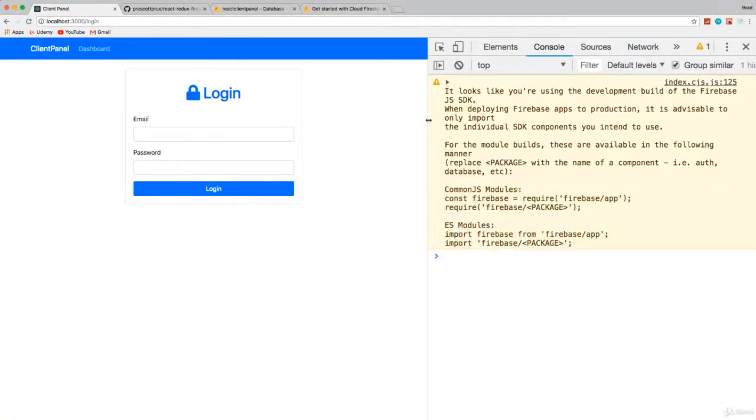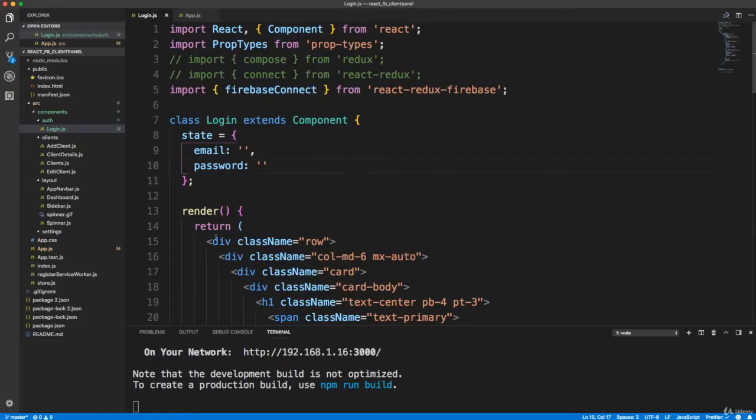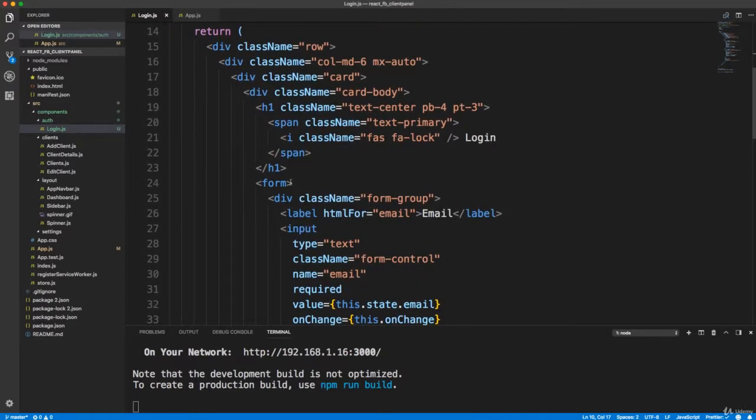Okay, that should get rid of that error. And there's our login form. Good. So now what we want to do is work on the onSubmit, which we didn't create yet. We didn't even link it yet. So let's go to the form tag and let's say onSubmit equals